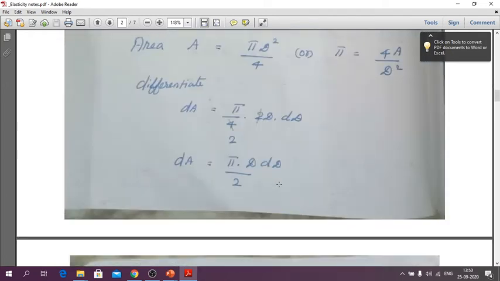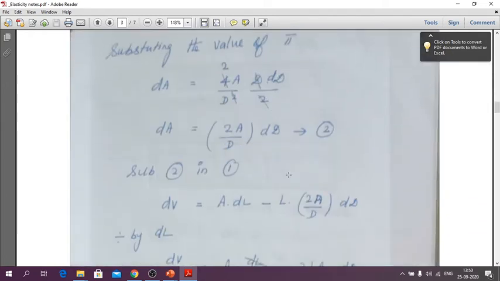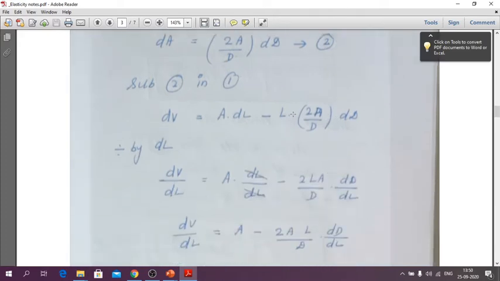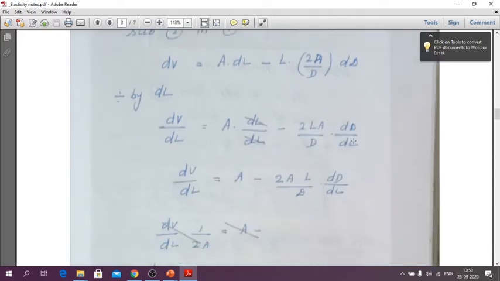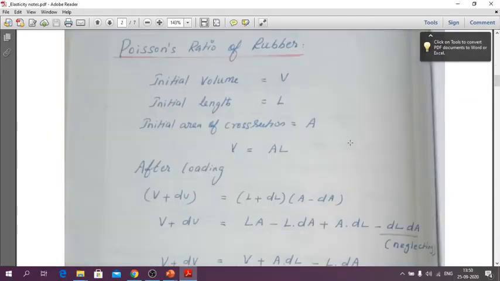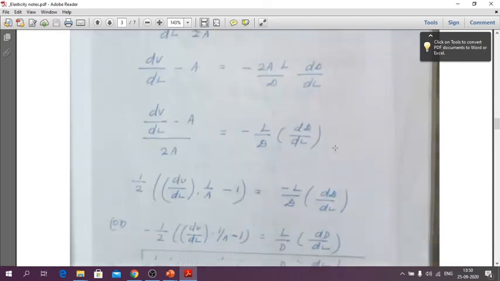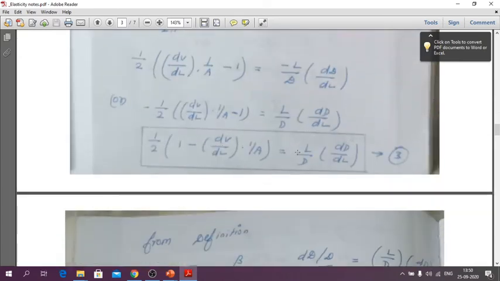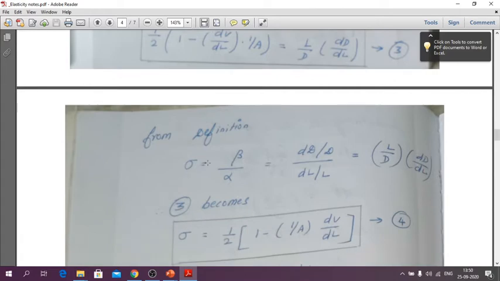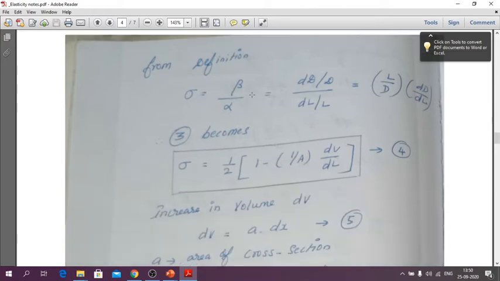Then after getting dA, we have to substitute it in equation 1. Already we have equation 1, we have to substitute in this equation, and for the simplification we have to divide it by dl and we will get this equation. After getting the equation, we have to simplify it. Then we know the formula sigma is equal to beta divided by alpha. Just substitute the value and rearrange it, and the third equation becomes sigma is equal to 1 by 2 into